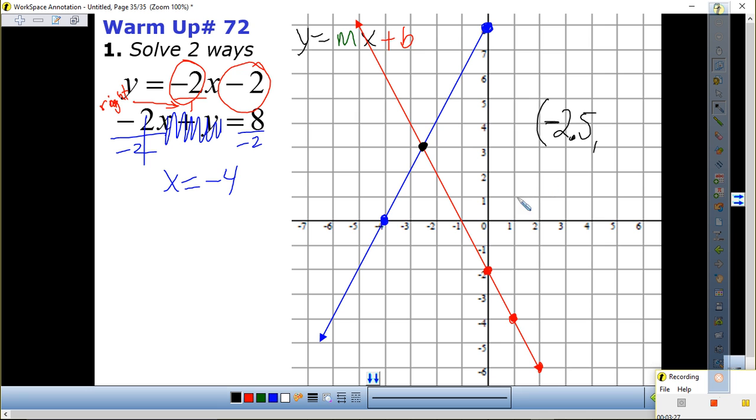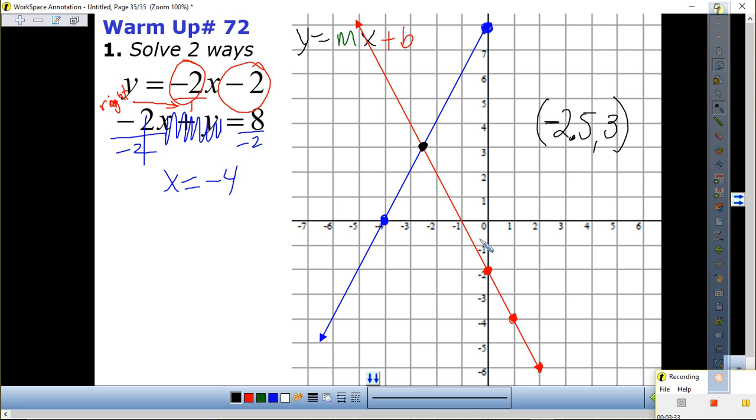Comma, give me a second. What is my y value? 3. Now, some of you maybe did not get it exactly at 2.5 because of your scaling, but if you got close, I'll probably give you credit. Yeah, that's fine, because I know that you don't have